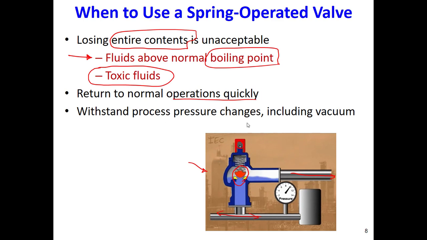And these valves can also tolerate the change in the process pressure. As I said, we have such a stem here that we can move clockwise or counterclockwise, and by moving that stem we can adjust the relief pressure. So let's say if that pipeline tomorrow or next week is working at a different pressure, we can also adjust the relieving pressure here. So it gives us a lot of flexibility.